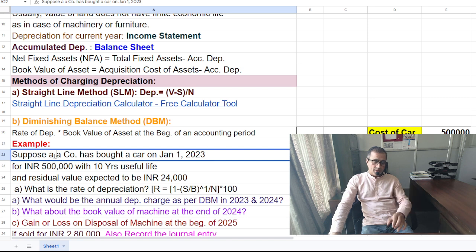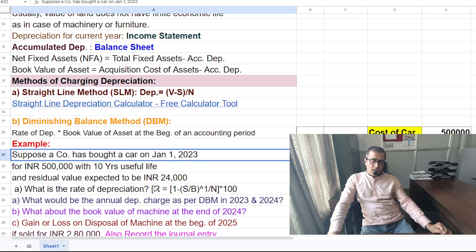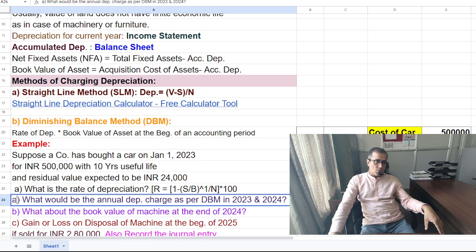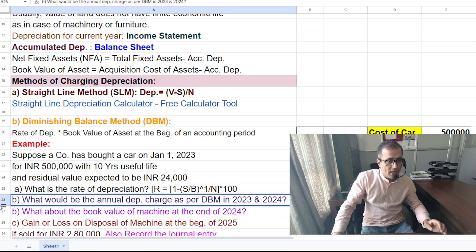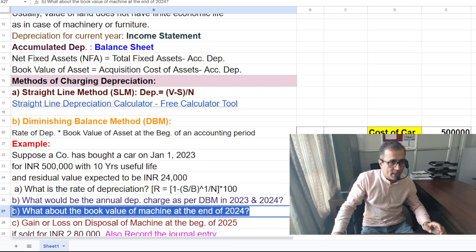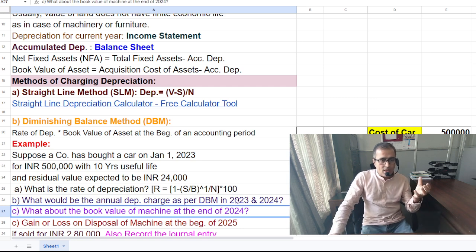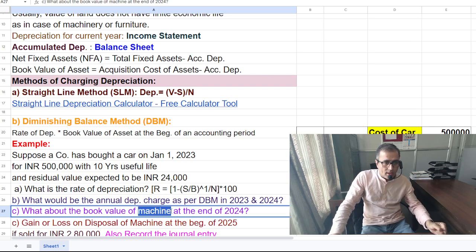Suppose a company has bought a car on January 1st, 2023 for Indian rupees 5 lakh with 10 years of useful life, and the residual value is expected to be Indian rupees 24,000. Now remember, in this question we don't have the rate of depreciation. So your first question is what would be your rate of depreciation, and the second question, what would be your annual depreciation charges here, and what about the book value of this car,